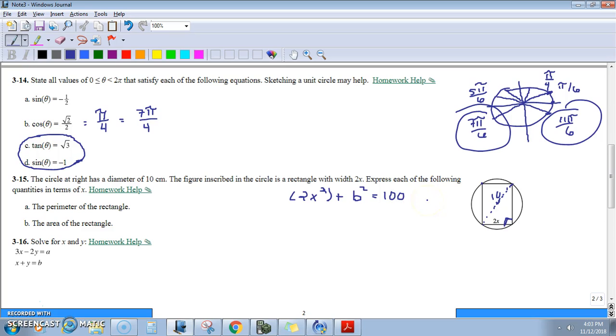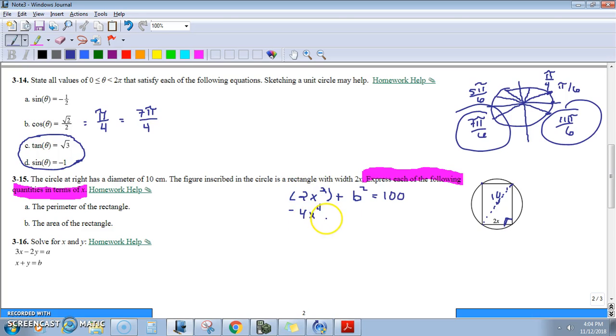So look at what I'm doing here. What I'm trying to get is it wants us to express each of the following quantities in terms of x. So I'm going to solve this and have only x on the other side. So 2x squared times 2x squared is going to be 4x to the fourth. So if I subtract 4x to the fourth,